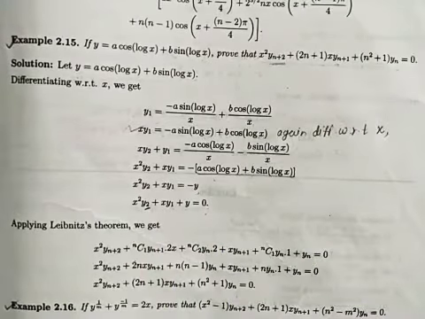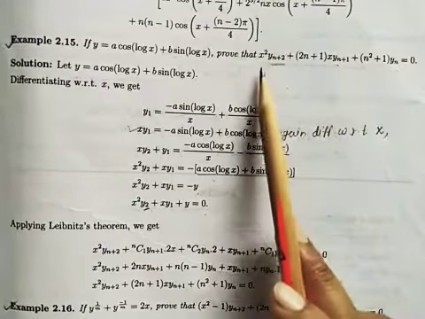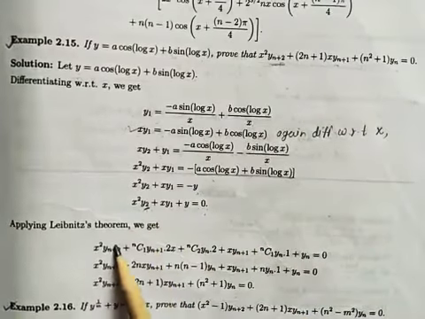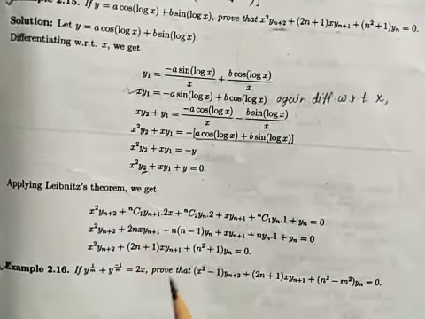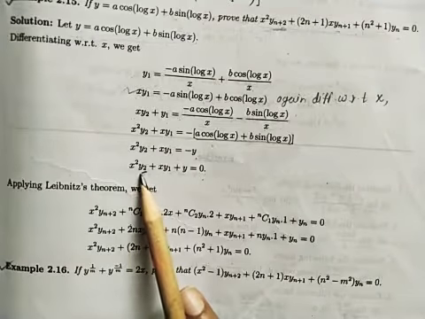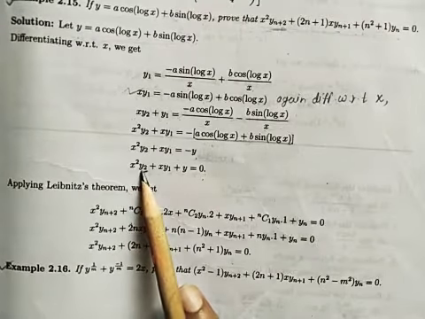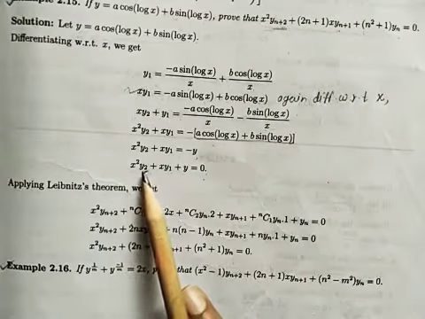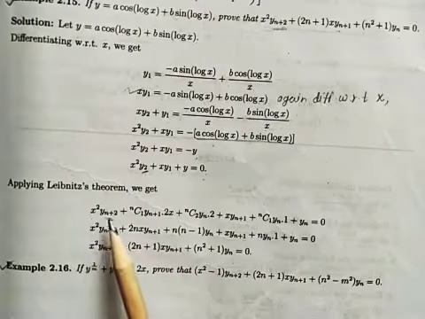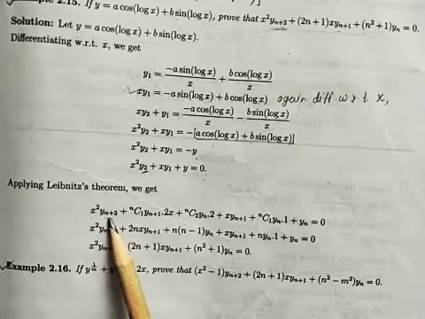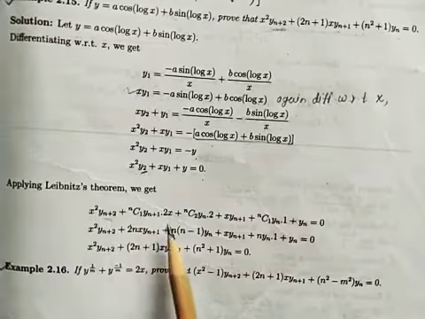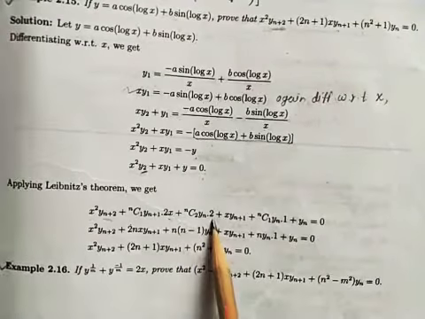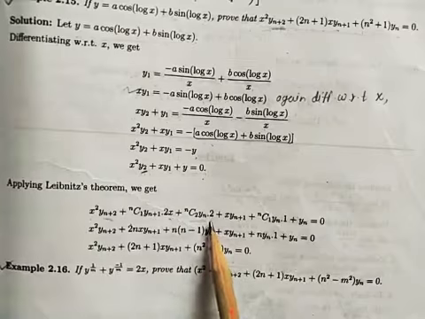Means you get y2 here, and you have to prove the given statement with y n plus 2. So now let us take its nth derivative by Leibniz theorem. So how do we take it? First let us consider the first term as u and the second as v. So the first term is y n plus 2, x square as it is, plus nC1, reduce this derivative by 1, y n plus 1, derivative of x square 2x, plus nC2, reduce this derivative by 1, y n, derivative of 2x is 2. Further derivative of 2 will be 0, so let's stop here.